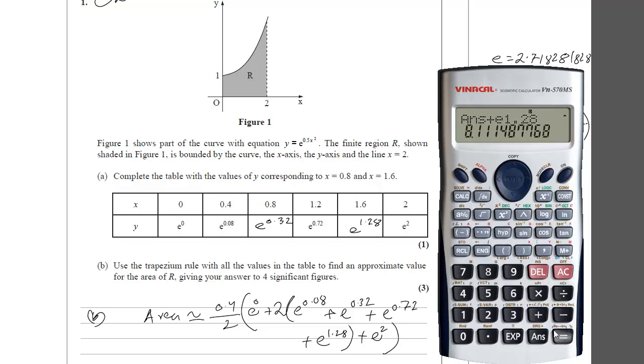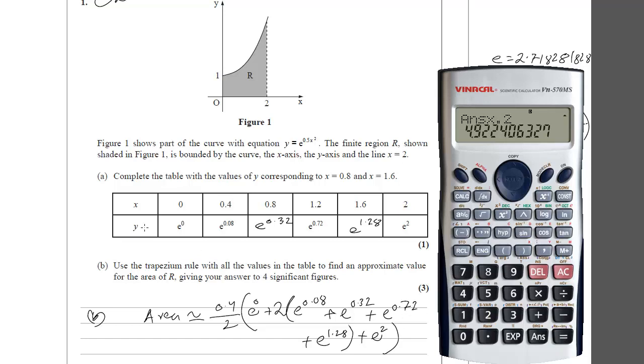1.28 equals to this. Now this into 2. We have to multiply this into 2. So this now plus e to the power 0 is 1. Anything to the power 0 is 1, plus e to the power 2. So this is going to be e to the power 2 equals to this. Now 0.4 divided by 2 is 0.2. So multiplied by 0.2 and we get